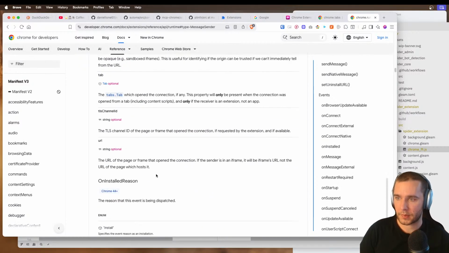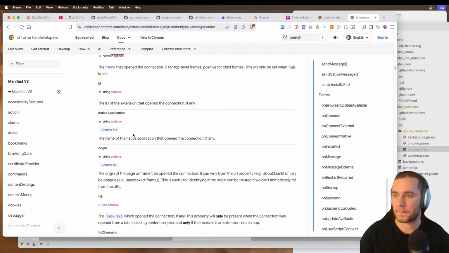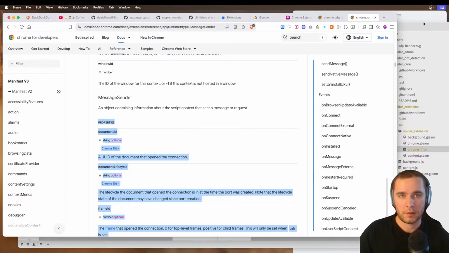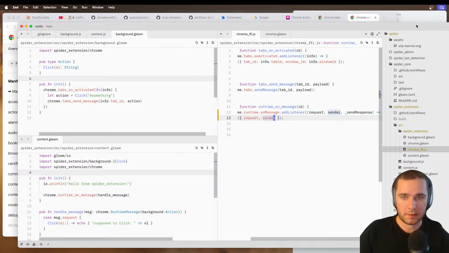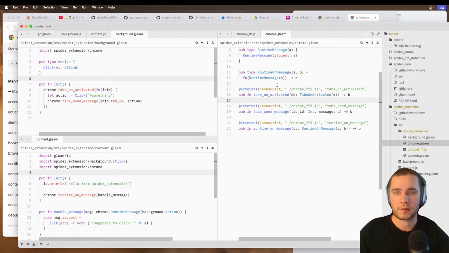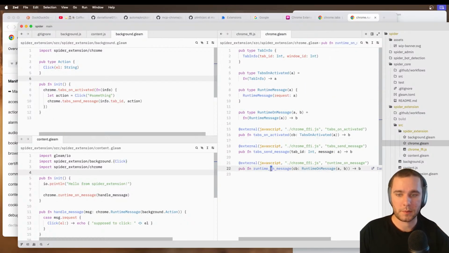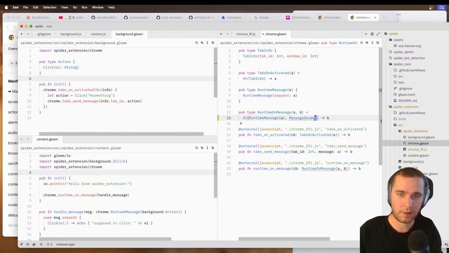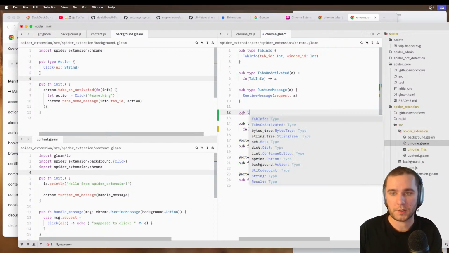Yeah. Which is fine. Which is quite fine. We'll just copy paste most of this. And yeah, so runtime on message. It's going to be a runtime message and then a sender. Message sender,